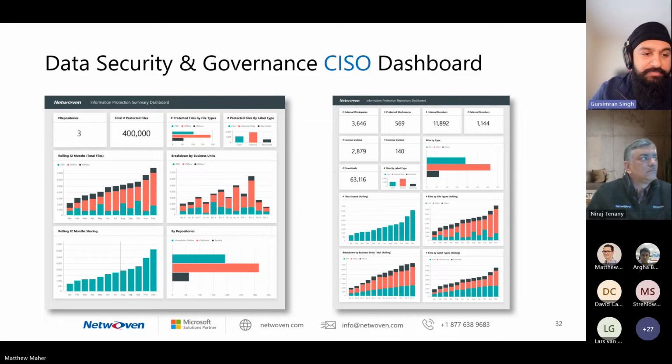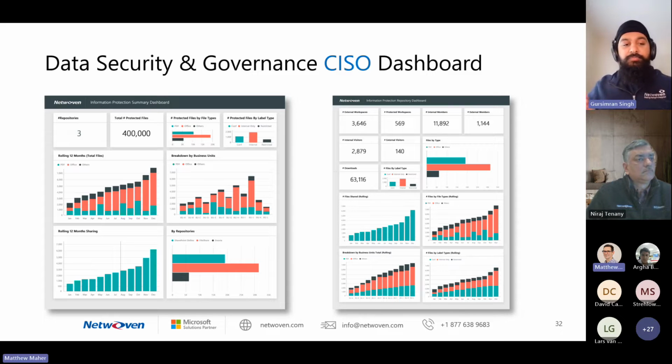Certain graphs that we see on that first one, a rolling 12-month of how much data is being protected. Essentially the amount of data is growing and it's remaining protected, which is a great sign for adoption as well, meaning that end users are actually using the tools that have been deployed within Microsoft Purview, and all of the data that's being generated is and continues to be protected. We're not seeing a decline in protection.